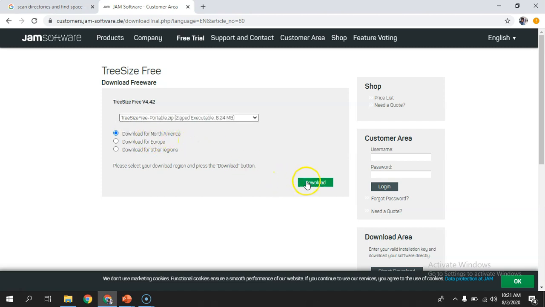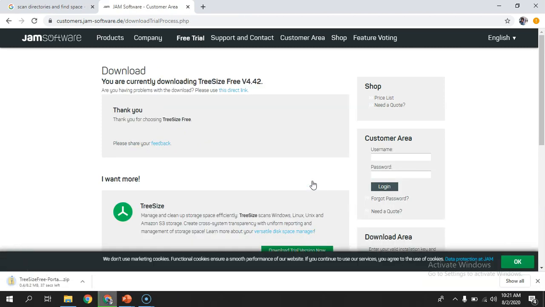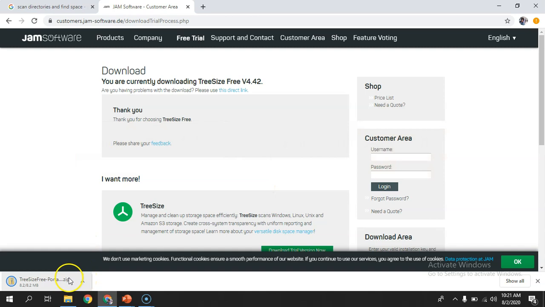I'll prefer to go for this download. In the meantime it is downloading, let me tell you, this is a professional tool and most of the system administrators make use of this. There are other tools like WinDirStat, but those take very high disk space sometimes, so I don't prefer to use them.